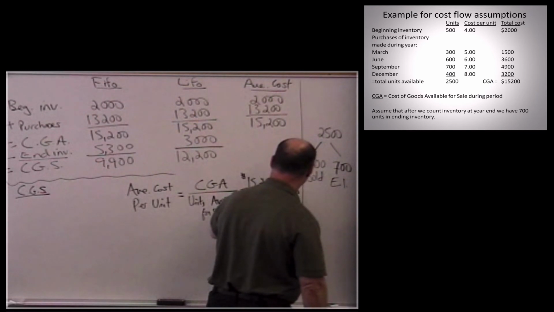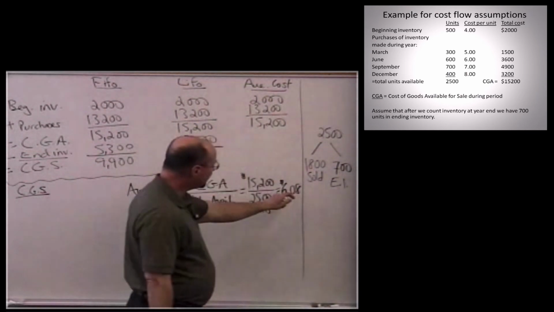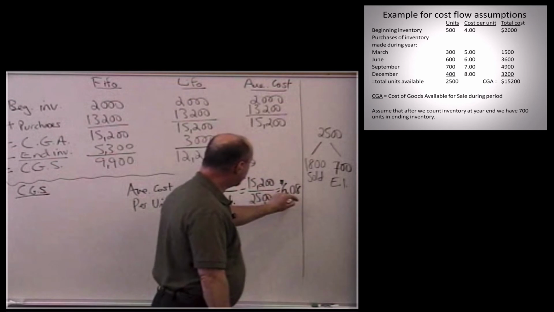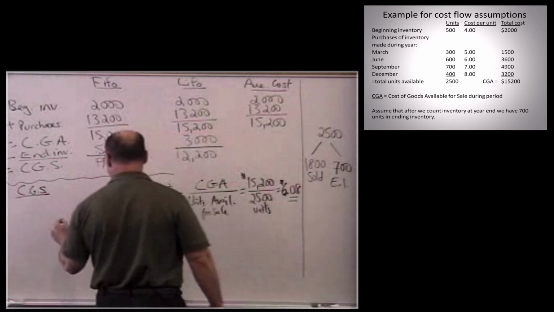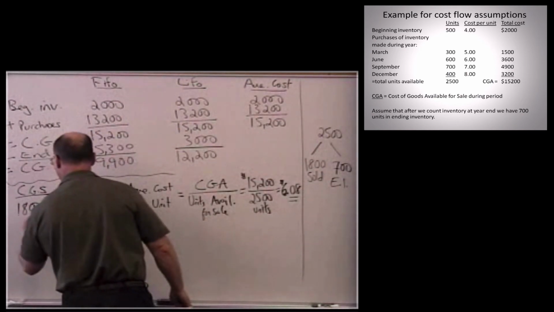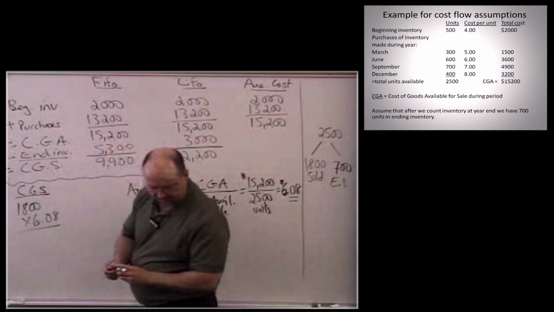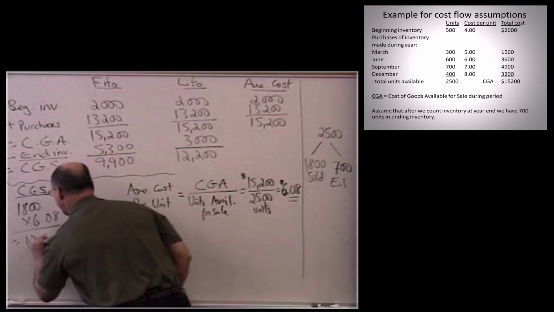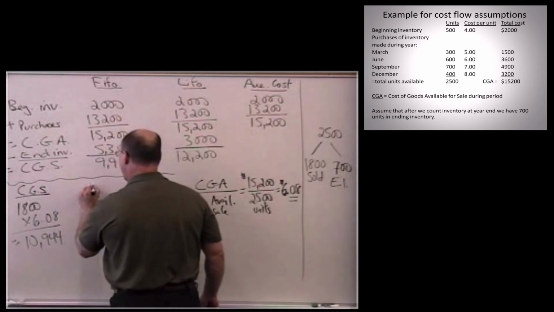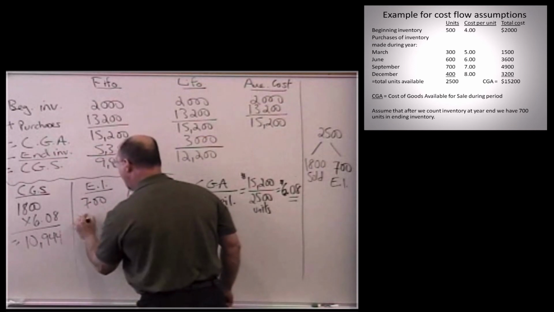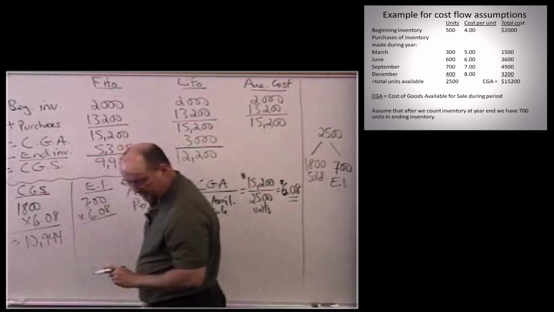$6.08 per unit. $6.08, 6.08. Now what I'm going to do is take this average cost per unit. For cost of goods sold, I sold 1,800 units, so 1,800 units times 6.08 is going to give me cost of goods sold of $10,944. And my ending inventory, we had 700 units at an average cost of 6.08, and that's going to give us